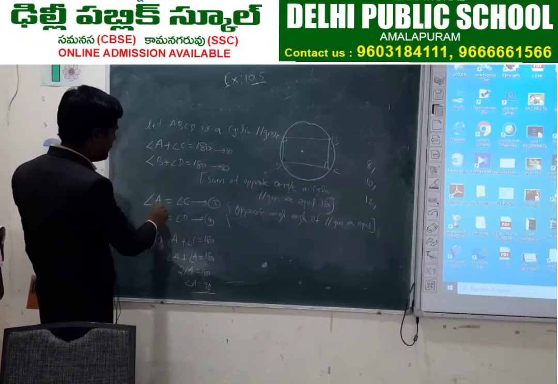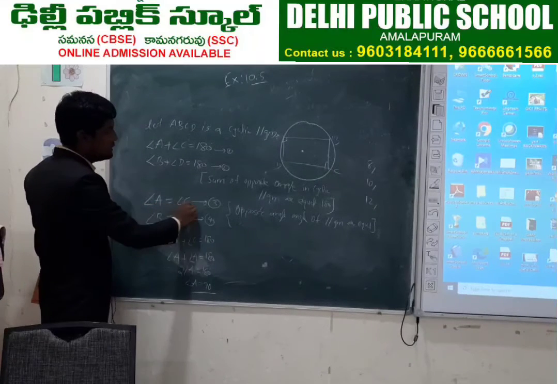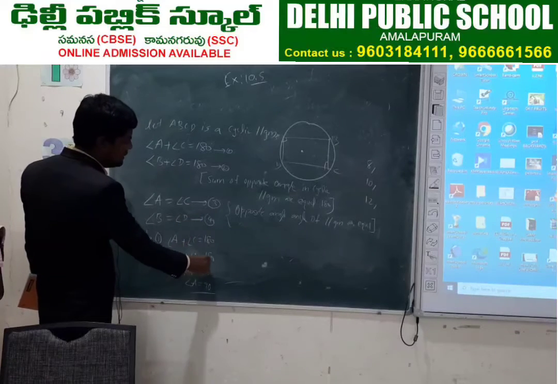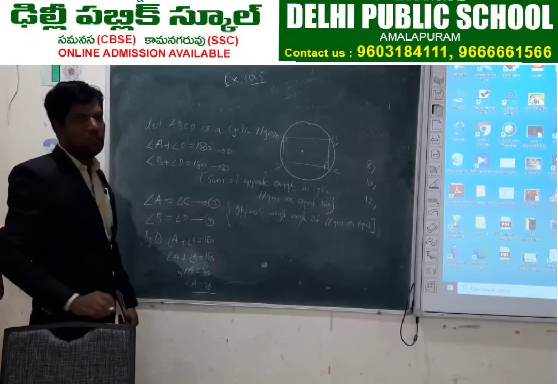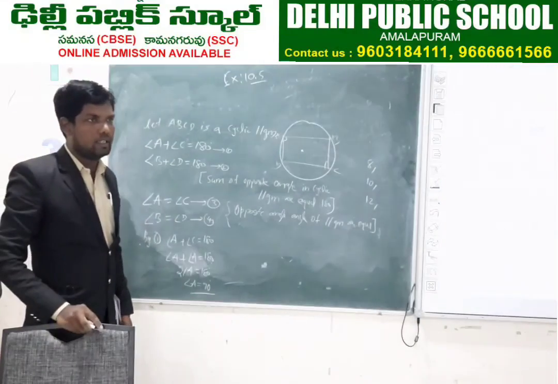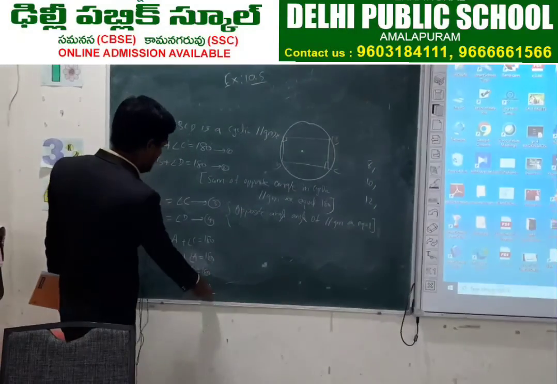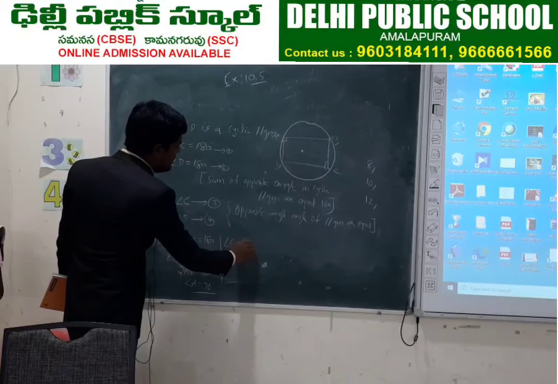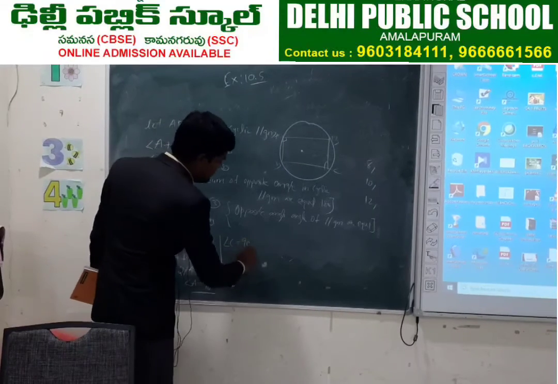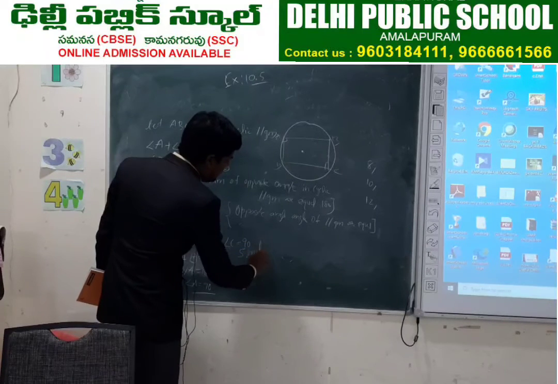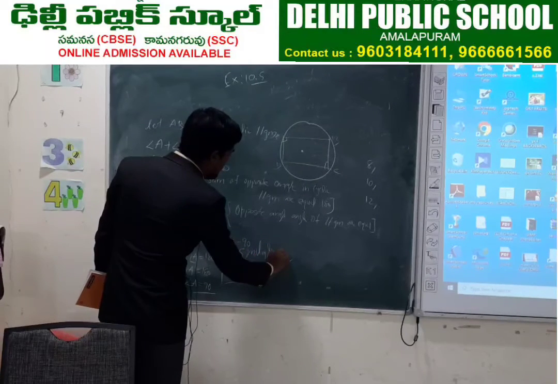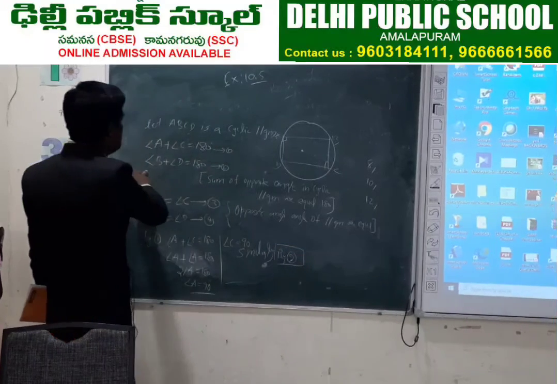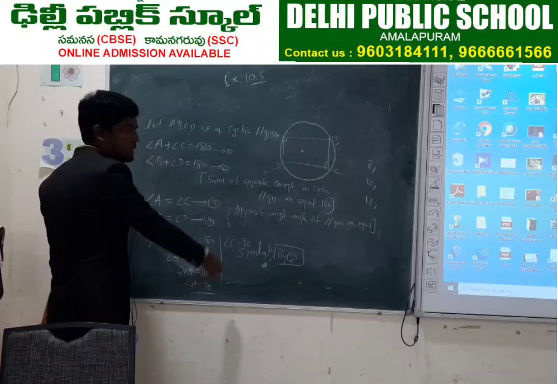So here we got from equation 3, angle A is equal to angle C. So angle A plus angle A is equal to 180. If you simplify, you will get angle A value is 90 degrees. The same way, if angle A is 90 degrees, angle C is also 90 degrees. So similarly, you can write here, similarly by equation 2. If you simplify equation 2, the same method you have to follow here.